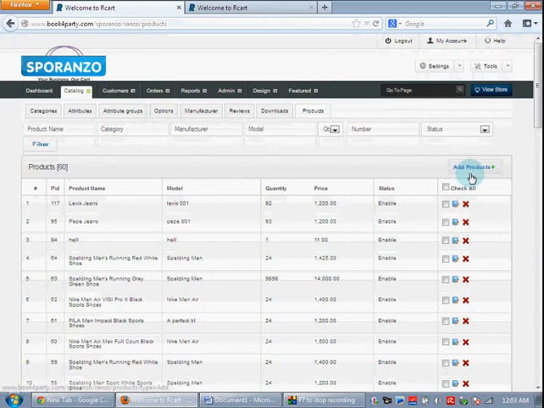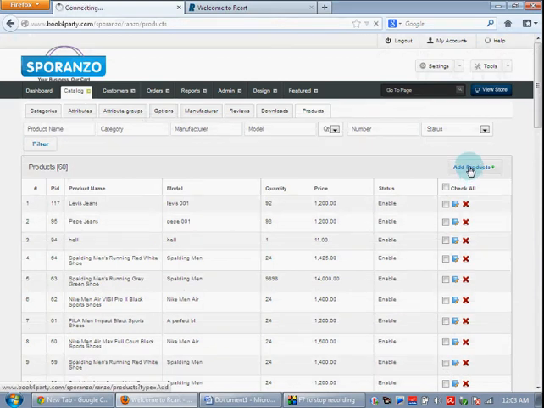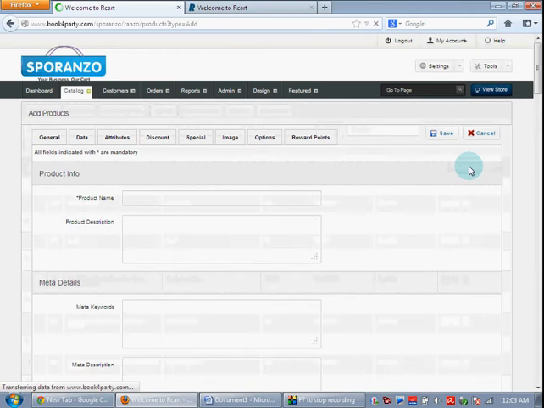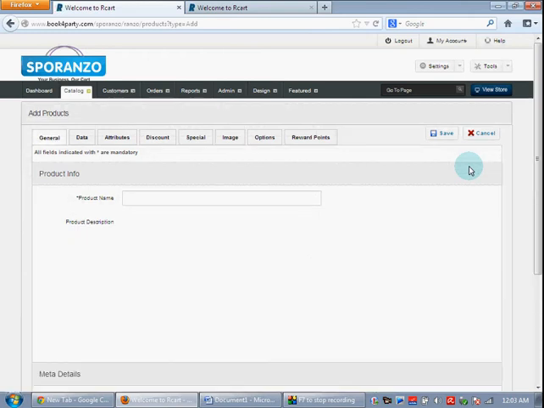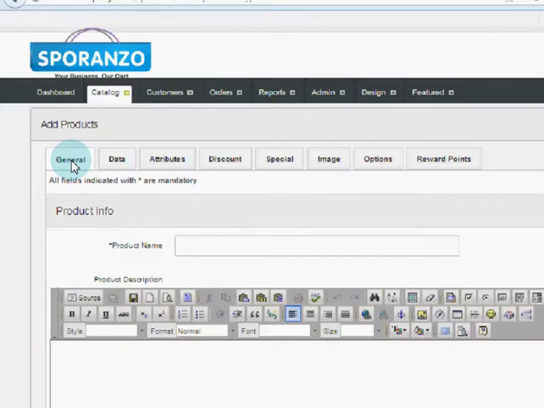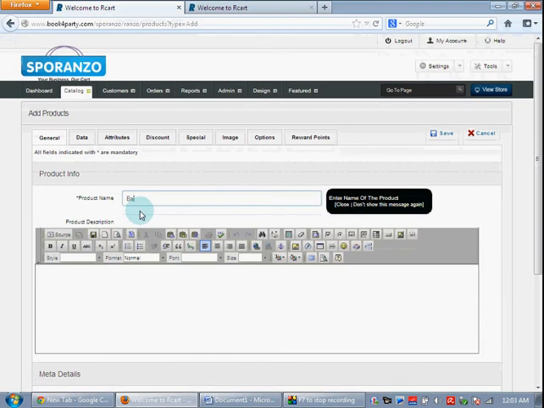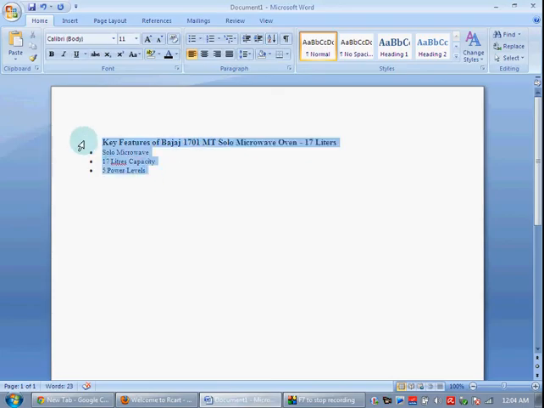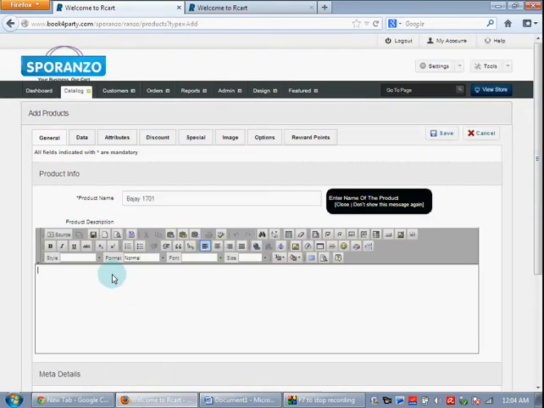Upon clicking on add product, we get a page open asking for all the details of the product. We are now on the general tab. We gave the product name as Bajaj 1701, and we can give the product description, which I have already listed in my document. We just go back to the control panel, paste in the product description,